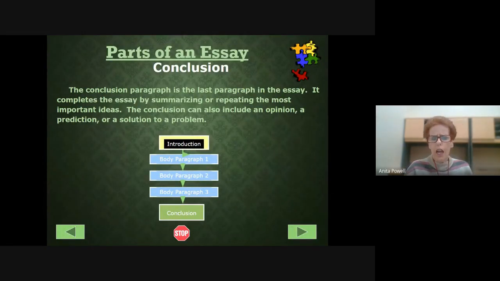Conclusion. And conclusion, very similar to the introduction, and like the introduction, one of the most important paragraphs. The conclusion is the last paragraph in the essay. It completes the essay by summarizing or repeating the most important ideas. The conclusion can also include an opinion, a prediction, or a solution to a problem, and should always contain the